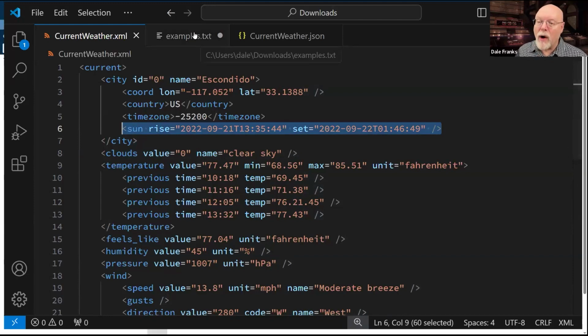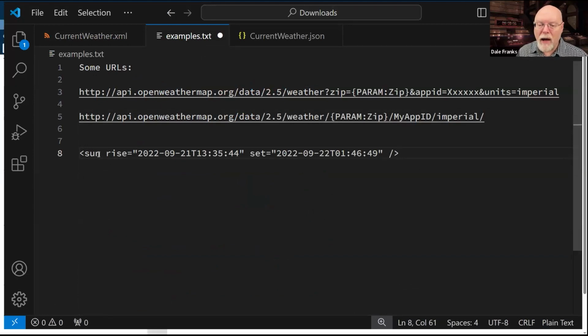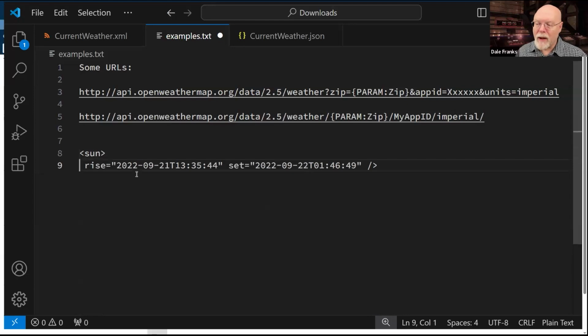Another way of writing it, if I go back over here to my little free examples page, is to say, okay, well, I want a node called sun. And then I could have another node called rise. And we'll put my angled bracket there.